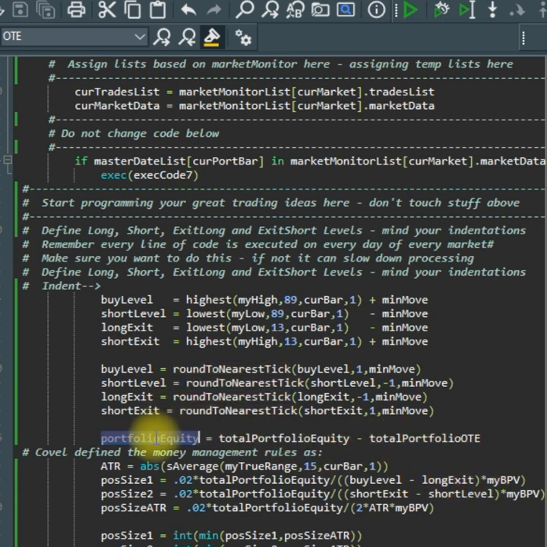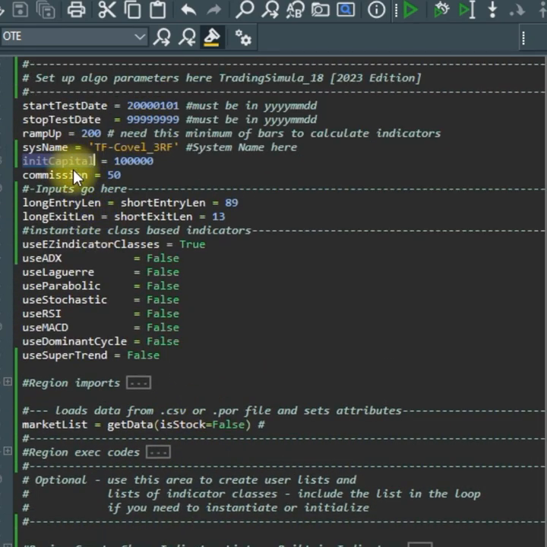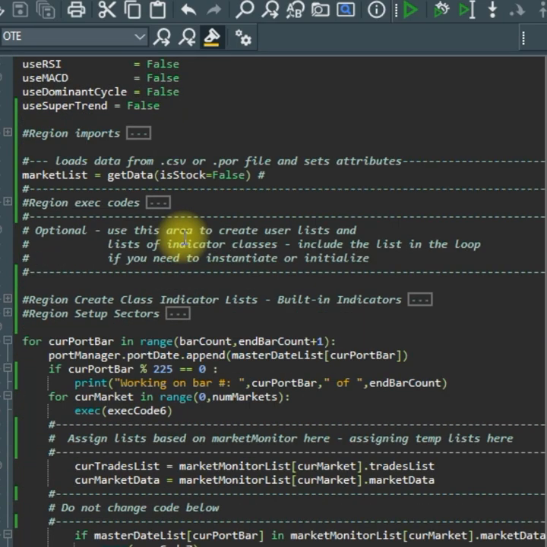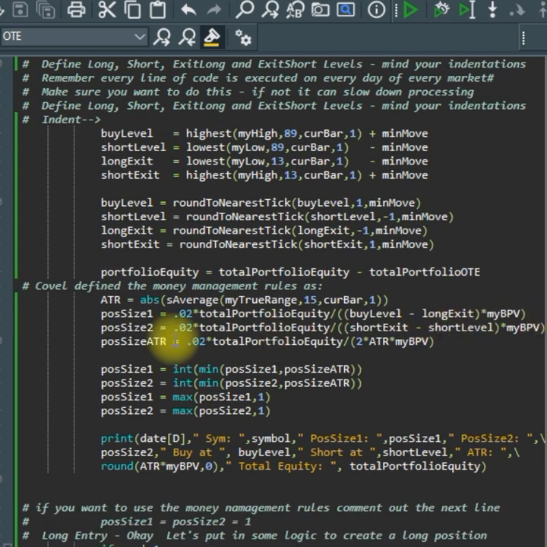So portfolio equity will be equal to the initial equity, initial capital, which is 100,000, plus the closed trade equity, reinvested. So you close out $1,000 and you start with 100, we have $101,000 to calculate your next trade position size. Okay, now let's use Mike Cavell's